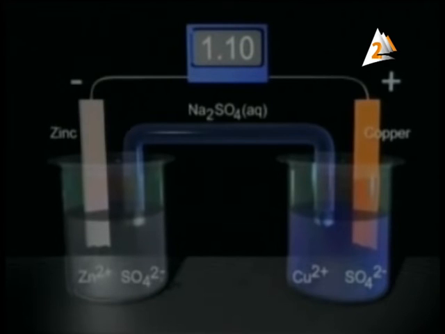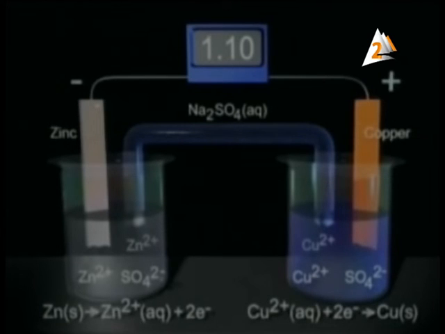Now, what about the reading that we see above the lamp? Here the lamp shows 1.1 volt. So we have electric energy produced from this cell, produced from the chemical reaction. Here the Zn2+ ions move inside the liquid through the bridge to reach the copper plate. The copper plate is the positive pole, and the zinc plate is the negative pole. So the zinc is the anode and the copper is the cathode.